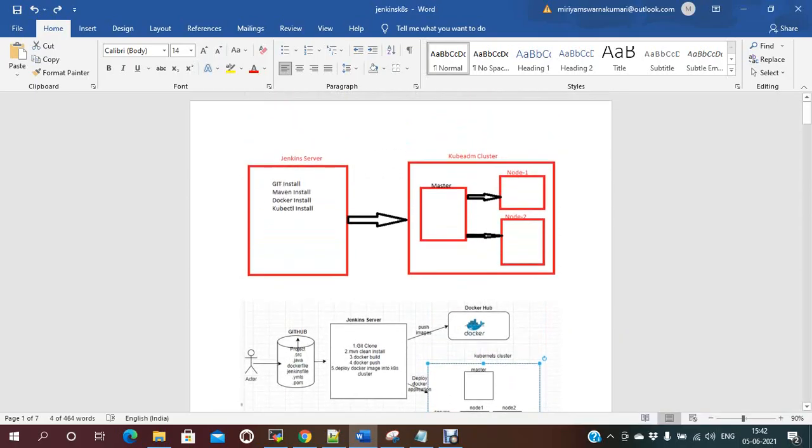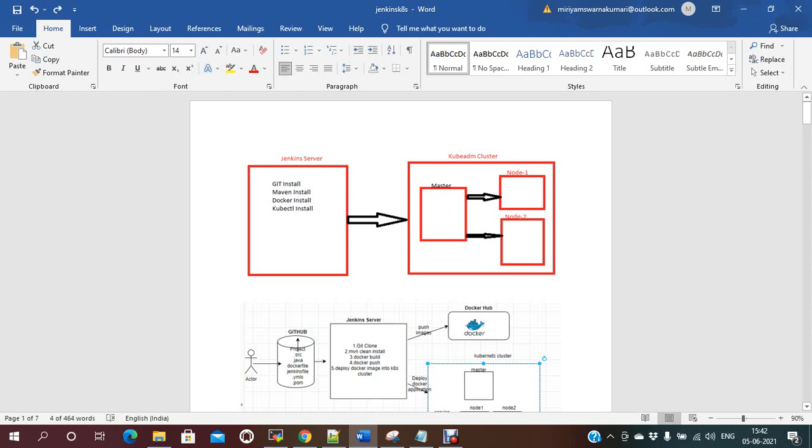Today I'm going to explain Jenkins integration with Kubernetes, so how we are going to deploy our WAR files into Kubernetes using Jenkins. In this demo I have taken two servers: one is the Jenkins server and another one is the Kubernetes cluster.